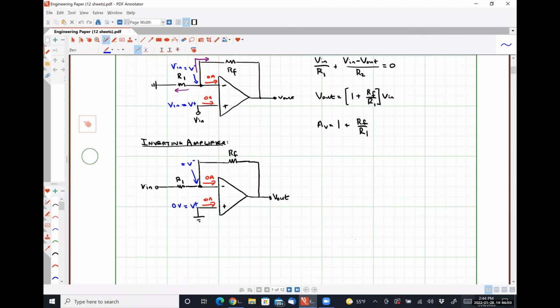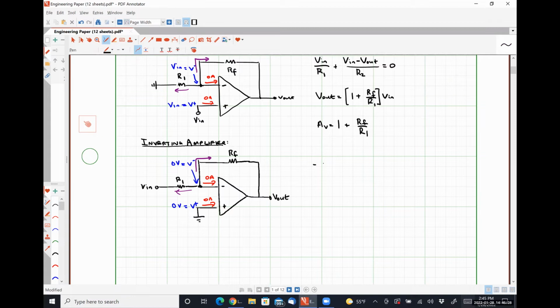Abby, what's the voltage V minus, the voltage present at my inverting input terminal? 0. Op amp rule number 2 tells us that whatever voltage we have at our non-inverting input terminal also shows up at our inverting input terminal. So we have 0 volts here. And if I apply Kirchhoff's current law at my inverting input terminal node, so that's adding that current plus this current,